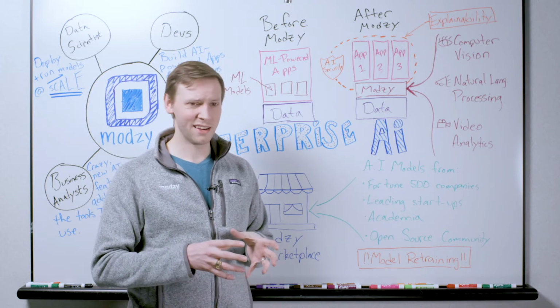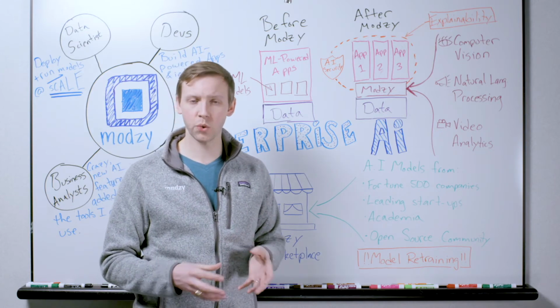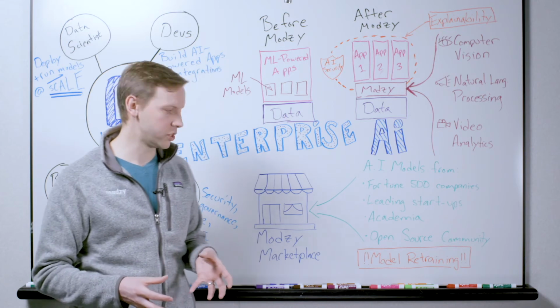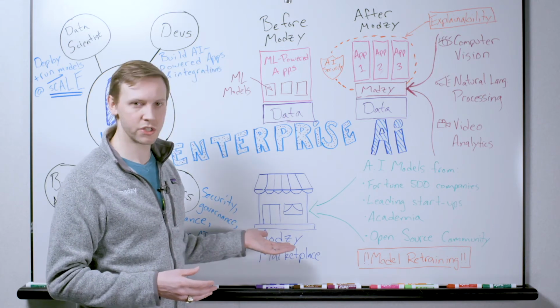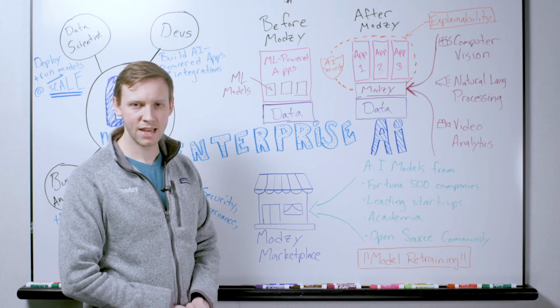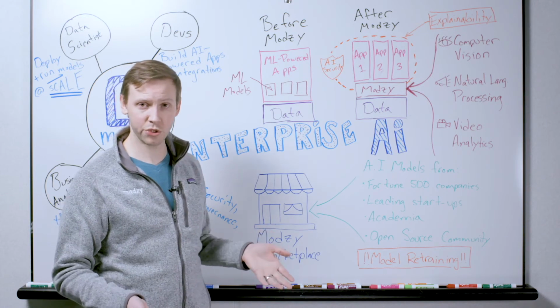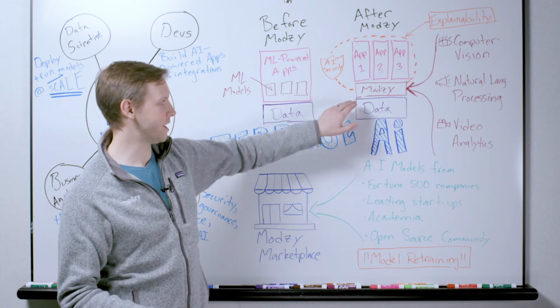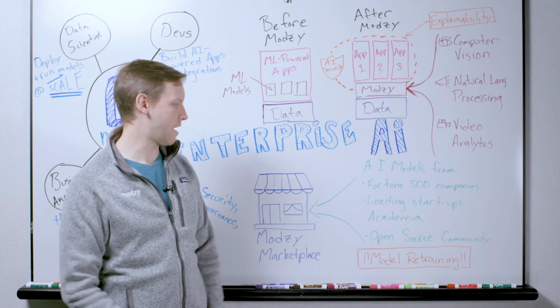Right now, I think we've got over 60 or 70 models, but that's quickly growing into a really large set of offerings that you'll be able to essentially get access to from the marketplace, meaning you don't have to build your own algorithm from scratch. And all of those models are designed to work really, really well within the Modzy platform.